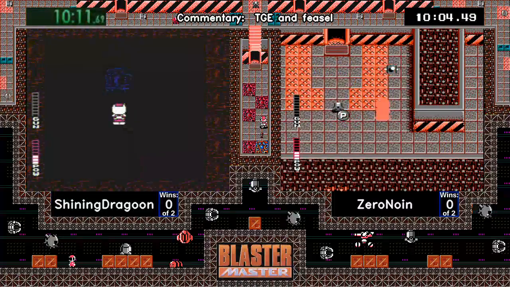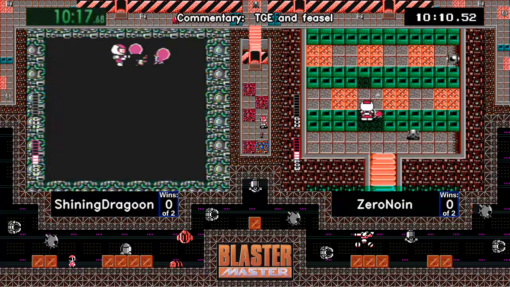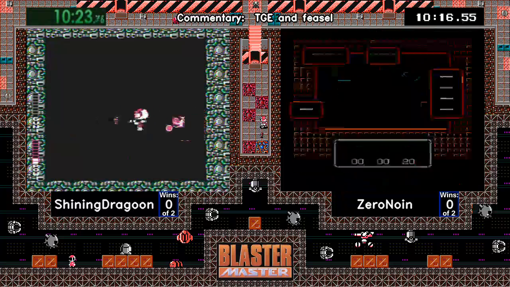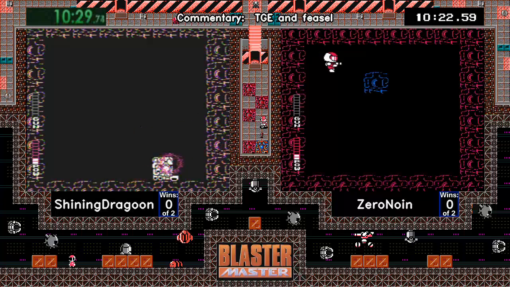Dragoon coming into this boss fight real low on health. This could be a dangerous boss. He's obviously very good and very confident, but this boss does shoot a lot of projectiles, and you can't really always tell where it's going to go, what it's going to do, so it can be very dangerous. Oh, he pulled it off just...